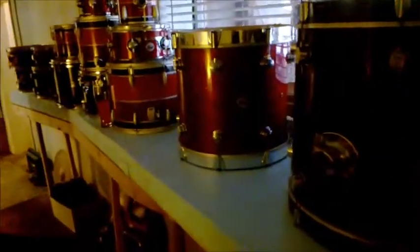Alrighty, so I've got the glue going on the other side there. Got some bass drums weighing that down. If those don't do the trick, I don't know what else to do. Maybe park a car on it, but...